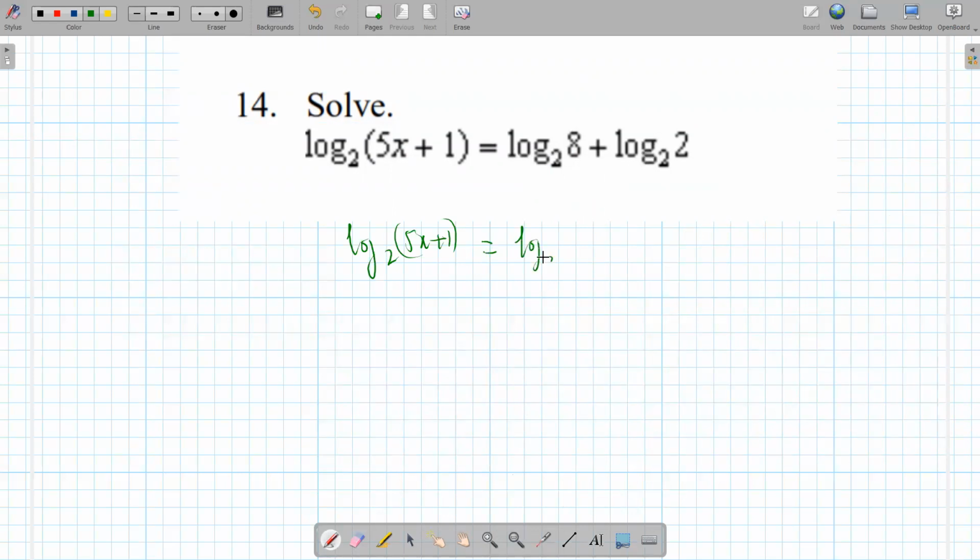You can just do log base 2 of 16, like that. Now you can cancel them out. So 5x plus 1 equals 16. X is going to be 3. I still don't understand